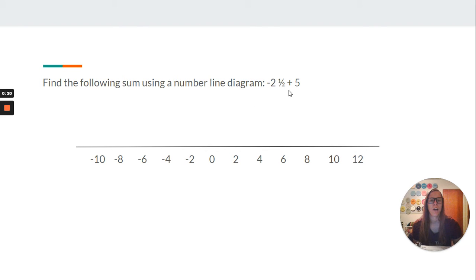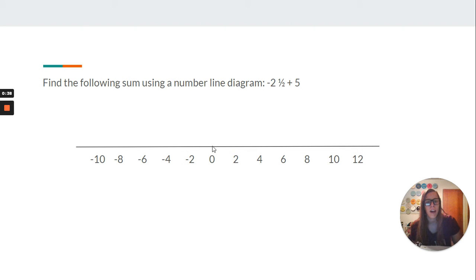We have negative 2.5 plus 5. So we're going to go from 0. We're going to go down to negative 2.5. Now I realize there's not halves, so we just guess. And then we're going to count up 5. So we go from negative 2.5 to negative 1.5